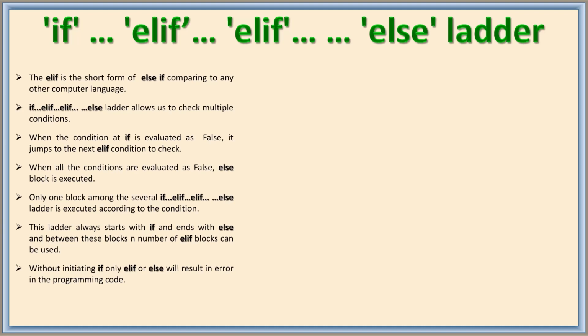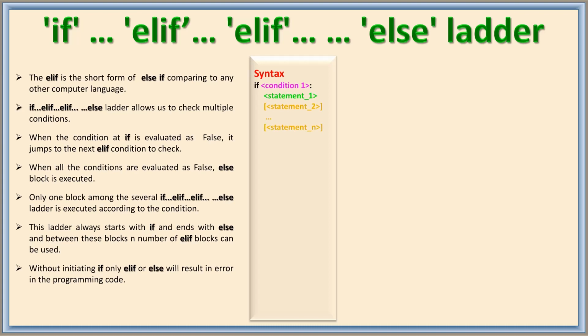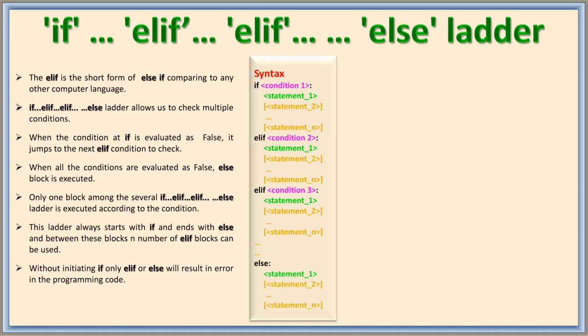So let us see the syntax for this. We know if is the keyword in small letters, then the condition is given, then the colon. Then several statements with the same indent, so that they are in the same block. When we need to use elif, we use elif in all small letters, and again mention the condition and the colon, then the block of statements. In a similar way we can add n number of elif conditions. At last, when none of the conditions is satisfied, it will come to else and execute. For that we give else. This we have also already learnt.